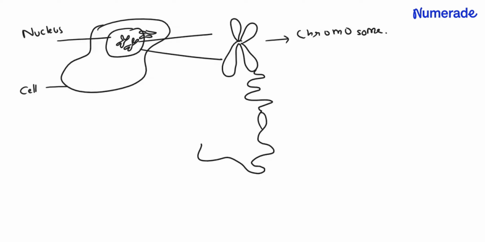Let's draw the magnified view of the chromosome. So there would be DNA present in the chromosome. So this is DNA. Now, on DNA, there would be these multiple